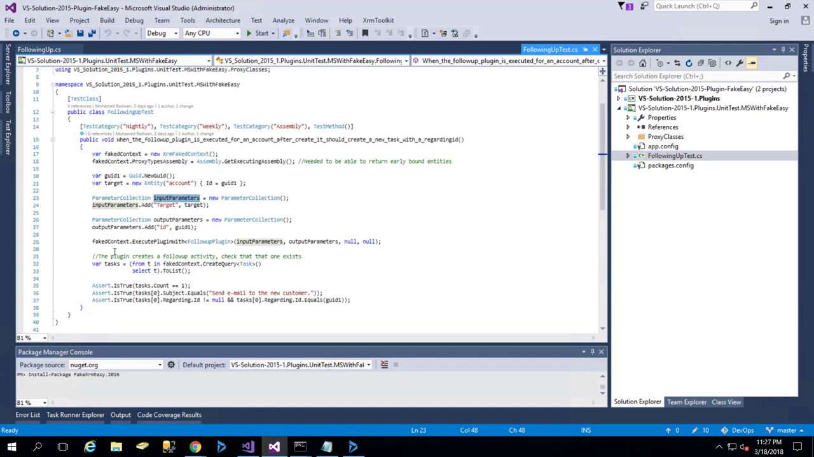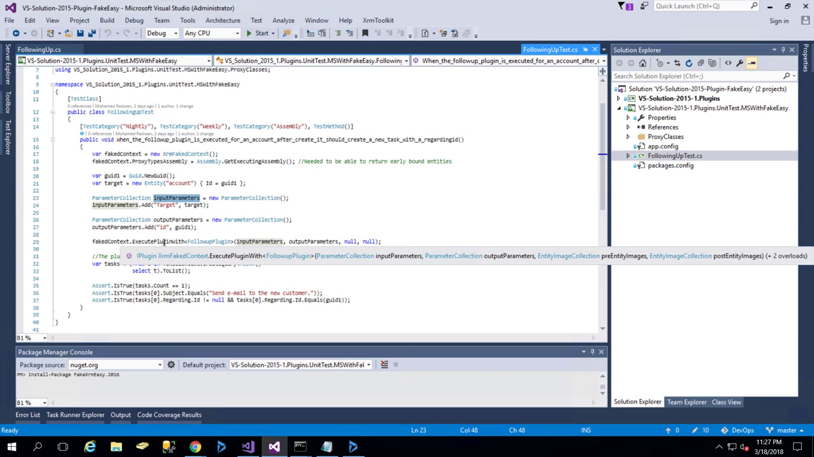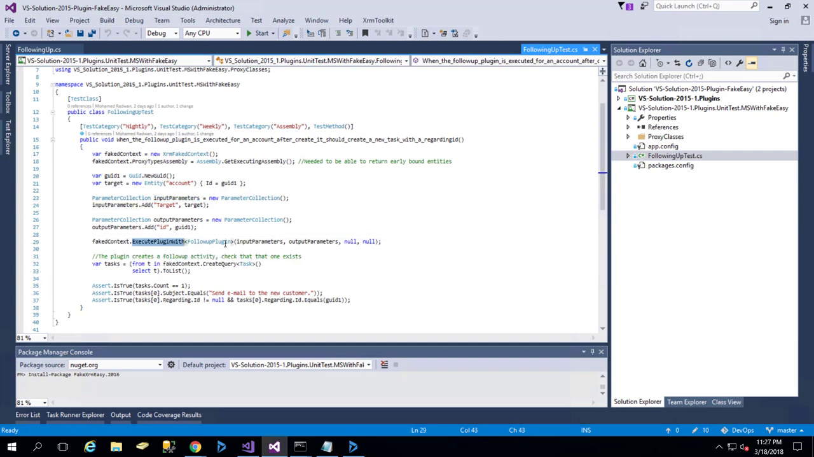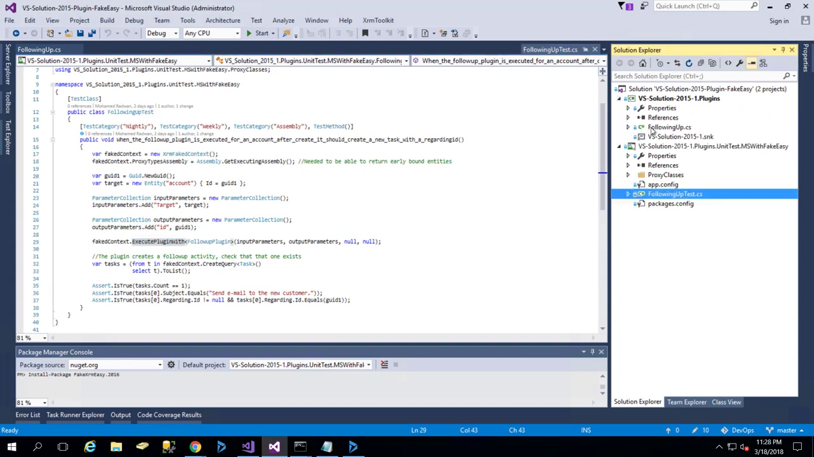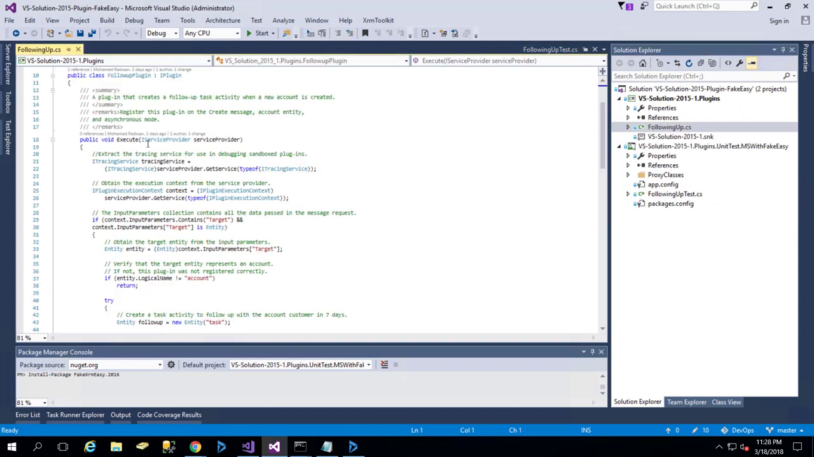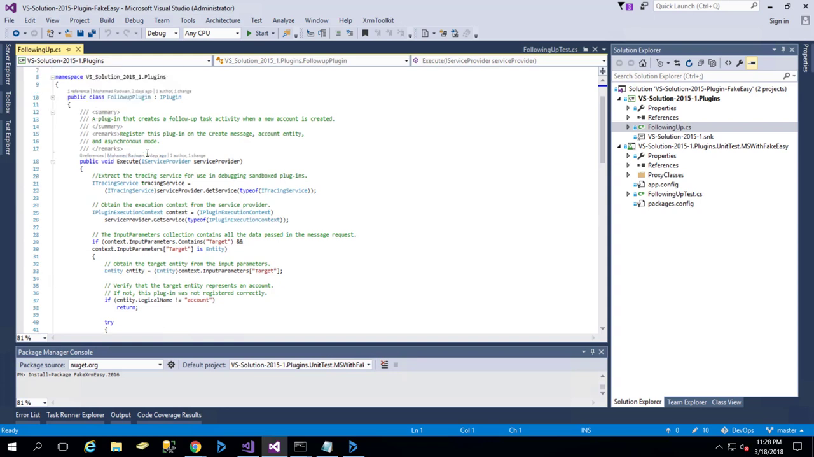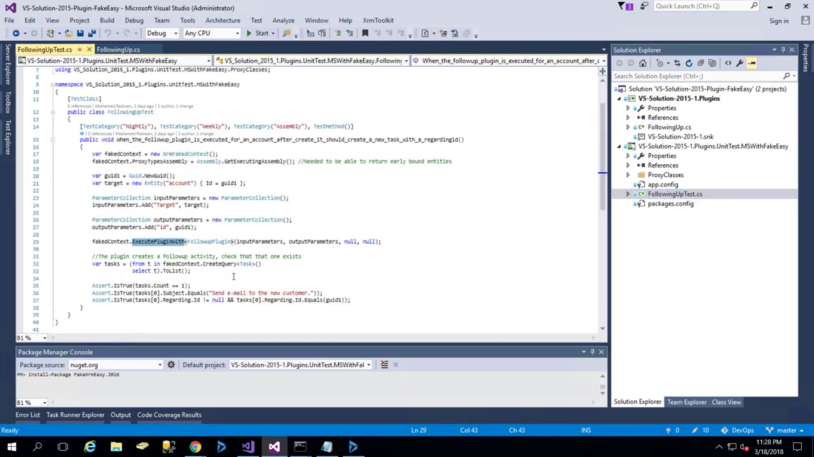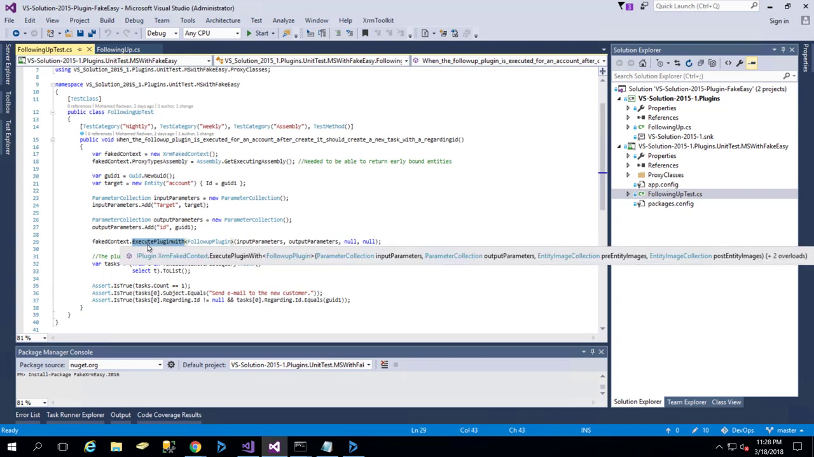Then after that, as we can see, context.ExecutePluginWith. Now I start executing the plugin, which just calls this method. If we go to Execute here, this is how it's executed. So if I get back here, it executes the plugin, and then I just put in the input and the output. Now when this executes, it should